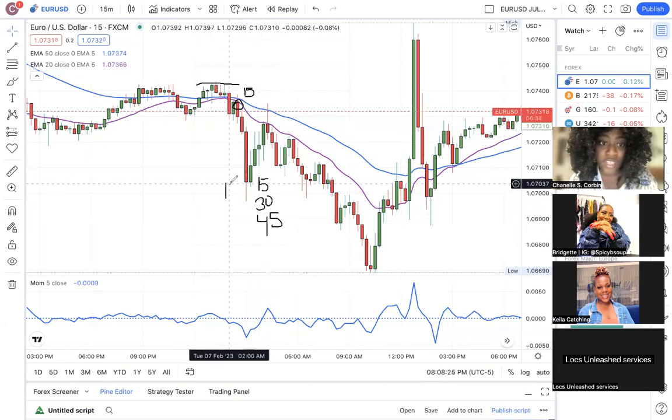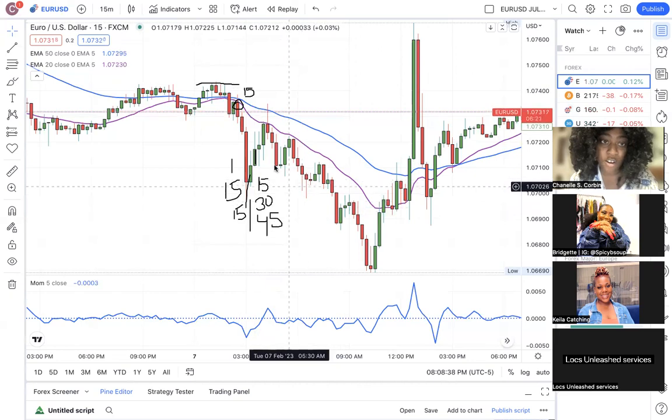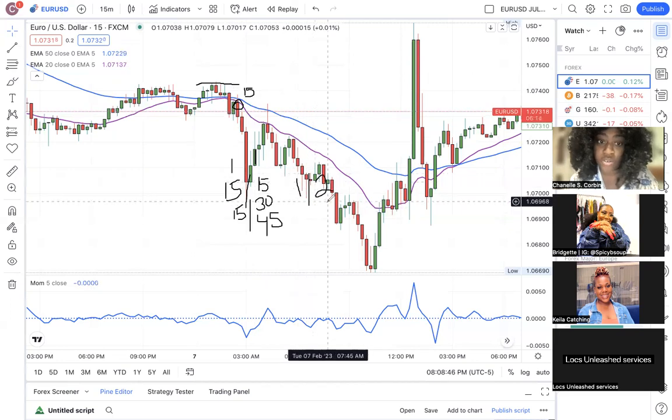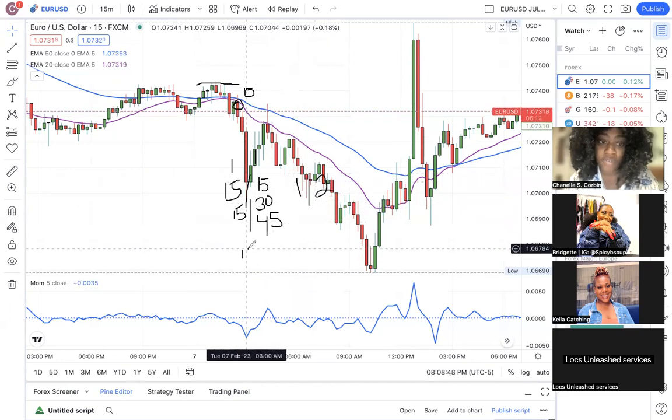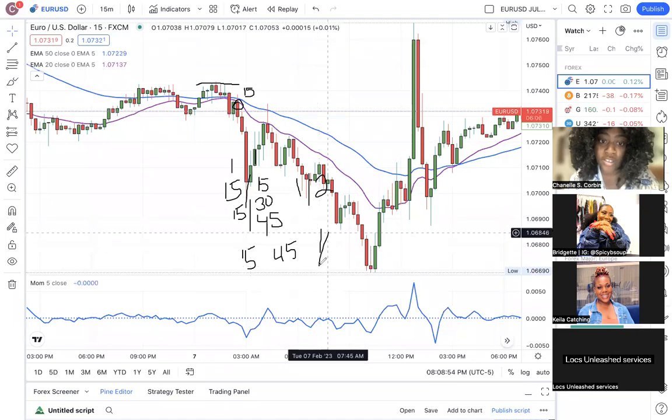So if we're doing 15 SL, 15 stop loss, and 15 TP, that's called a 1-to-1. If we're doing a 15 pip stop loss and we're doing a 30 pip TP, that's called a 1-to-2, right? Because your risk is 1, but if you clear that trade, your reward is 2. If you're doing a 15 pip stop loss and you're doing a 45 point TP, that's called a 1-to-3